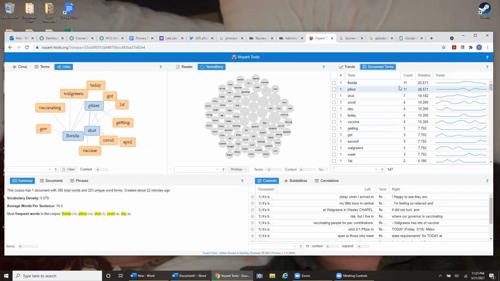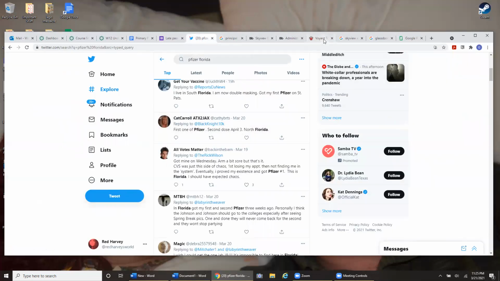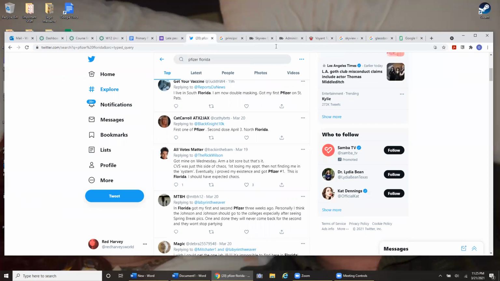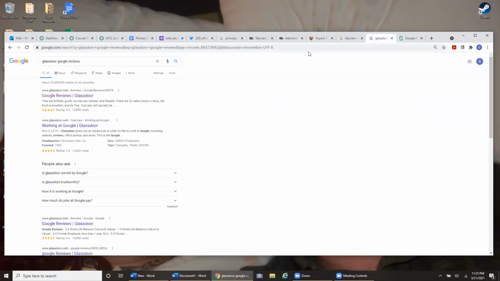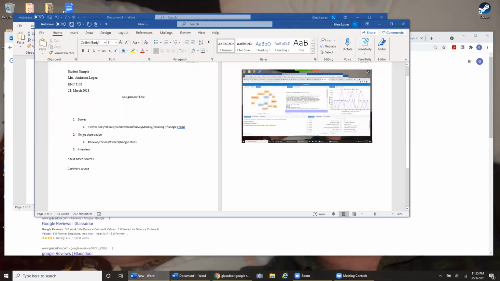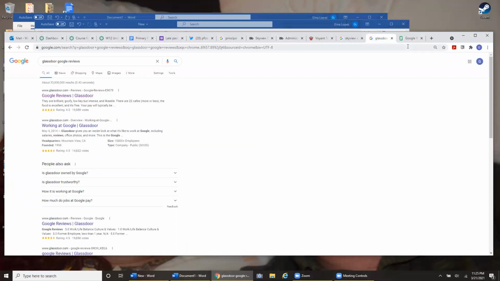Or this, and it's showing the different trends, and you could guesstimate as to what it means. So these are ways to conduct the online research, and this extension, this Voyant tool option, using it in conjunction with Twitter, that's an option. You don't have to go through Voyant Tools and look at these cool things. I'm just showing you an option. But definitely Twitter or online reviews, that's a way you can conduct your online observation. As for Google Maps,